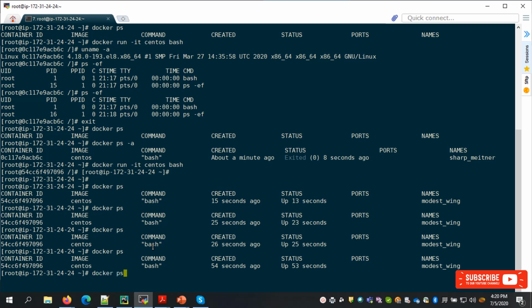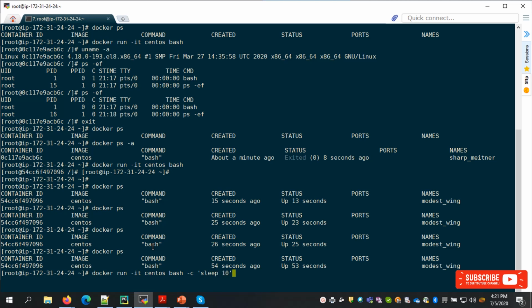So let me try the same command, docker run. This time I'm going to make bash run a certain command, and whenever the command gets over, it will get terminated automatically, right? So I will give -c, put it in quotes, sleep 10 seconds.